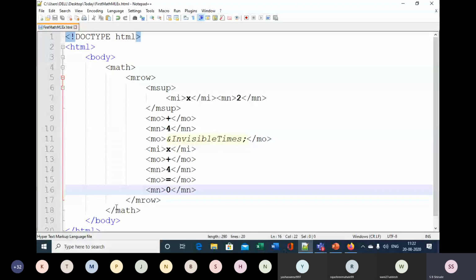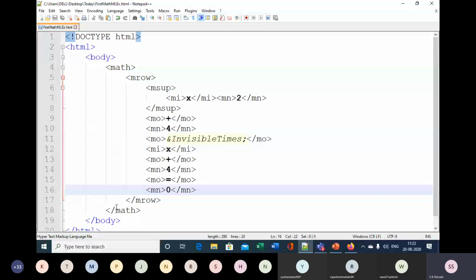So this way, by using MathML, you can insert equations in the text, not only simple text but in hypertext. In HTML, you can write a paragraph, and in the paragraph, you can include this math element.